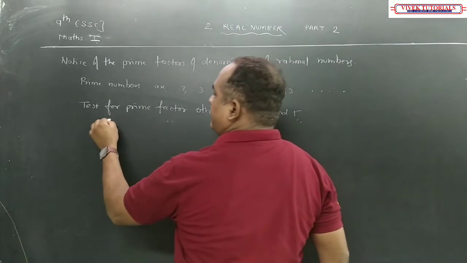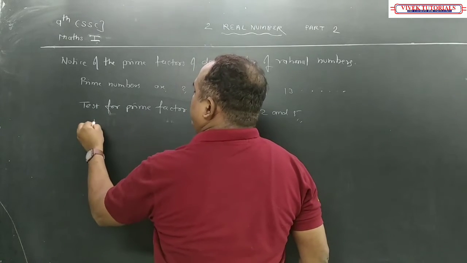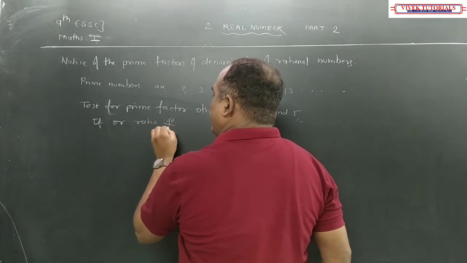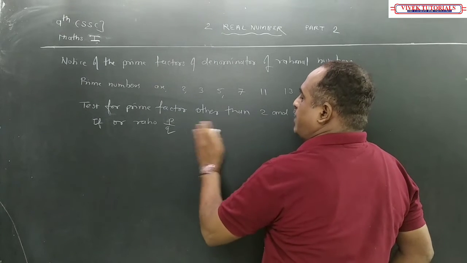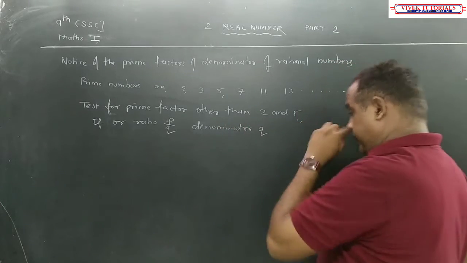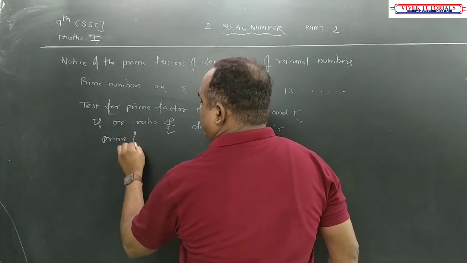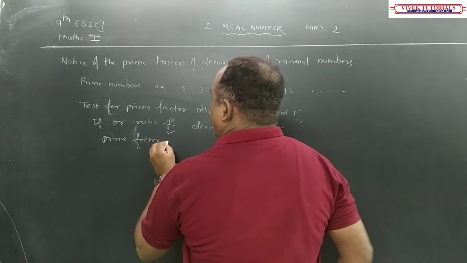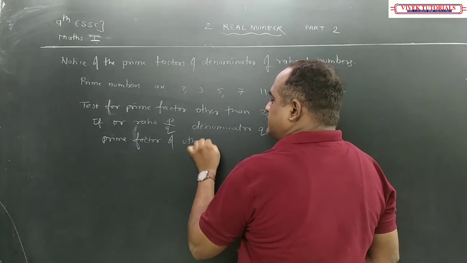If for the ratio P/Q, Q is the denominator, and Q is a prime factor of other prime numbers